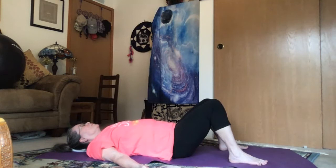Now, bring your awareness to the center of your eyebrows, center of your throat, right shoulder, elbow, wrist, right thumb, second finger, third finger, fourth finger, fifth finger, right wrist, elbow, shoulder, center of your throat, left shoulder, elbow, wrist, left thumb, second finger, third finger, fourth finger, fifth finger, left wrist, elbow, shoulder, center of your throat, spiritual heart center, right